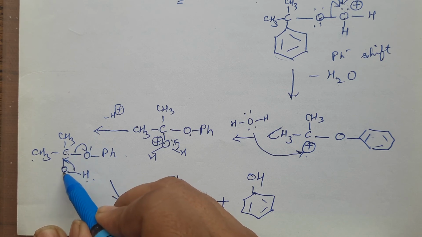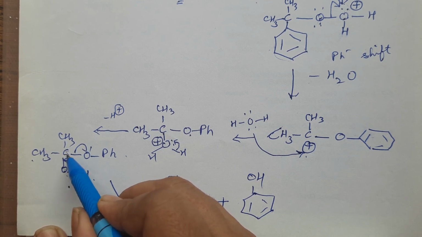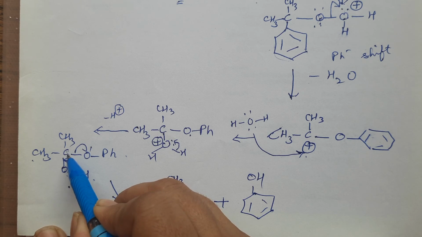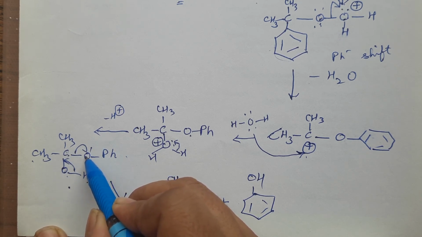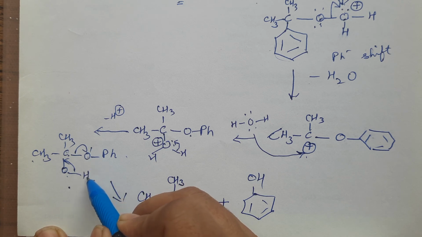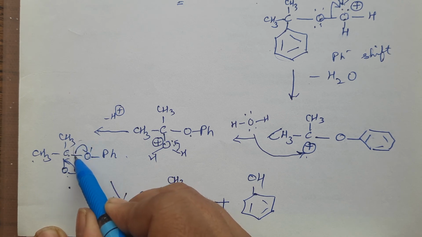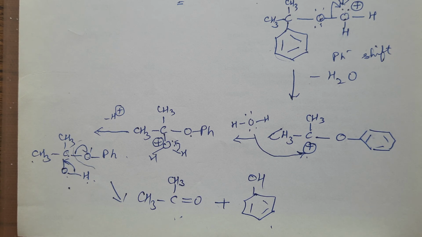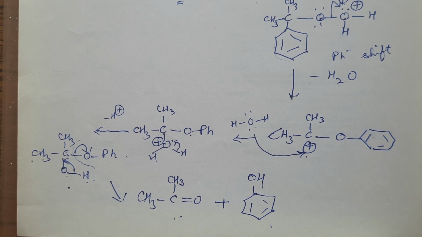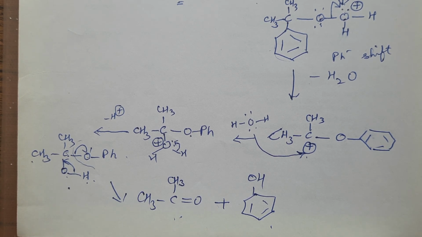There is a double bond between carbon and oxygen, which means the valency of this carbon is disturbed. So this bond goes on O, which is more negative. When this is negative, the H will attack here and this part will come out as phenol. What you are left over with, when this has gone here as a double bond, is a ketone, that is acetone. So from cumene, we have prepared phenol and acetone. Acetone is a side product which is obtained.